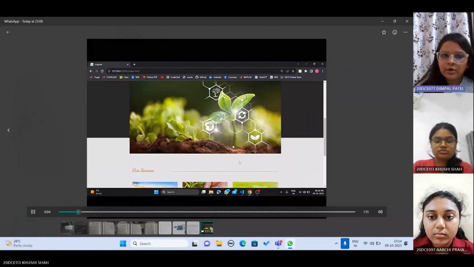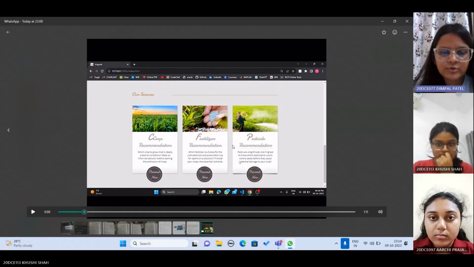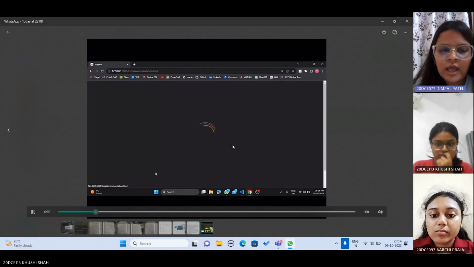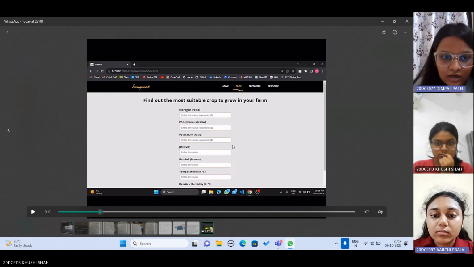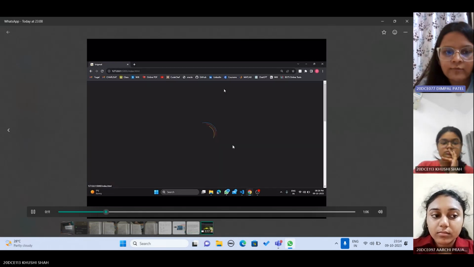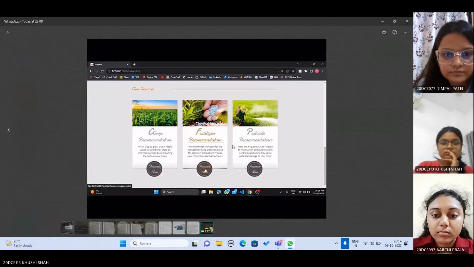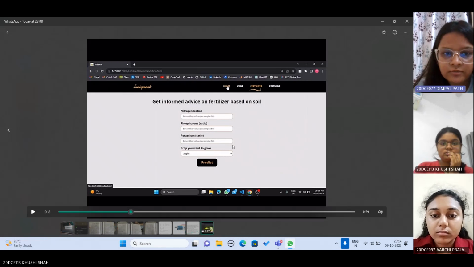So this is basically the home screen of our Irregreat. So basically we have 3 modules: crop recommendation, fertilizer recommendation, and we are still working on pesticide recommendation. So for the crop, we need to add the contents of nitrogen, phosphorus, potassium, pH level, rainfall, and temperature. So based upon this, a crop will be predicted as given. So this is the fertilizer module